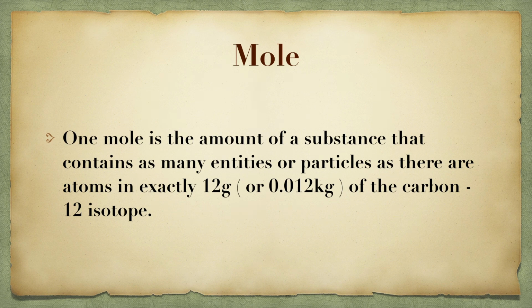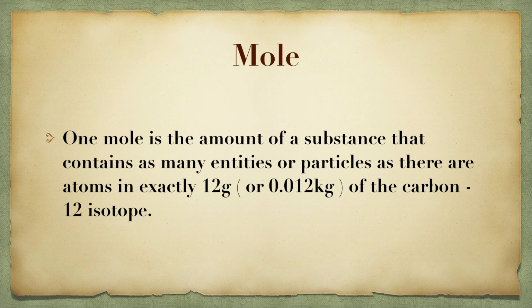When you talk about 1 dozen bananas, you will get 12 bananas. Similarly, 1 dozen of anything means you will get 12 of that thing. Mole is exactly the same, but over here we use it to express the large number of sub-microscopic entities like atoms, ions, electrons present in a substance.